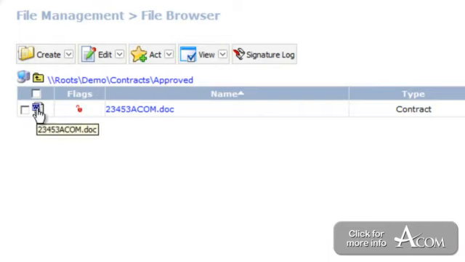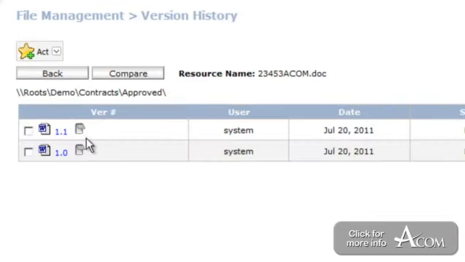So if I wanted to do something to it, I could open it up by checking it out. It would open in its native format, in this case Microsoft Word. I could make changes to it, I could save it, I could check it back in. If I had versioning turned on, it would actually create a new version. So if I come in here, I can see I've got two different versions of the document, so I could open each one of these up to see what it looked like at any given period of time,